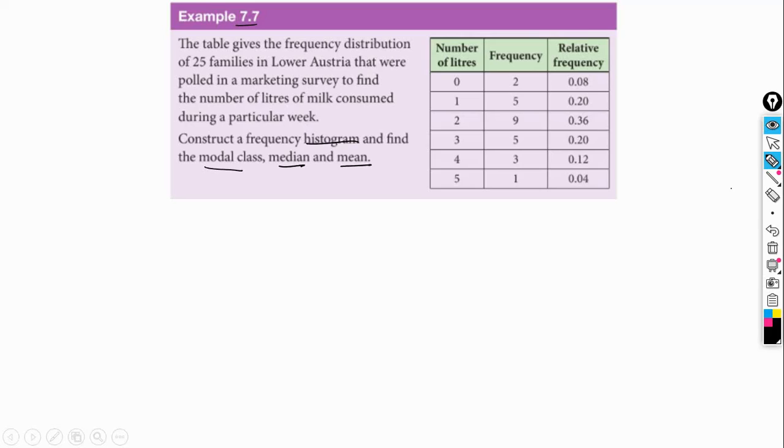So modal class is obviously just mode, but that's easy to see right here in the table because notice that in the first column we have the numbers of liters consumed per family. So from 0 to 5, the frequency, which is the amount of families consuming said amount of liters of milk. So notice that 2 families don't consume milk, 5 families consume 1 liter per week, 9 families consume 2 liters